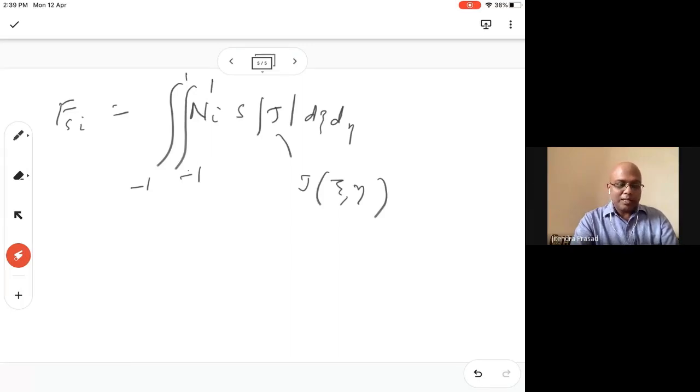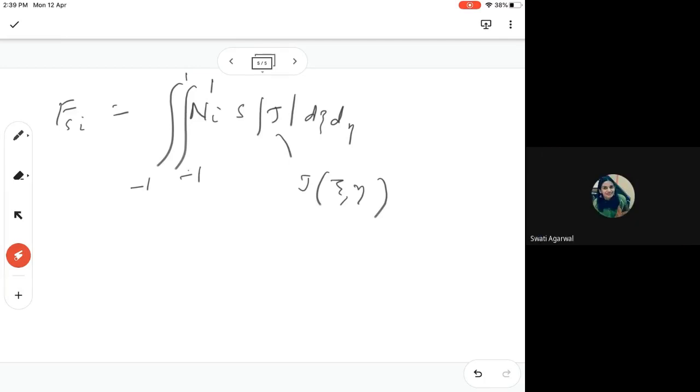Yeah. Any other question, guys? Sir, in the assignment problem, you have given one question for isoparametric element in which we converted into the square, and the question was asking for the 0, 0 element. So if we take the general shape function for that isoparametric element and then solve, then also we would be getting the same answer.